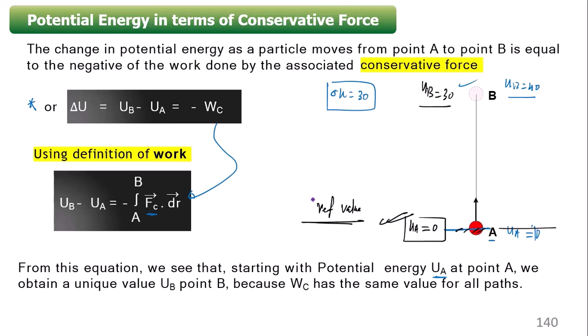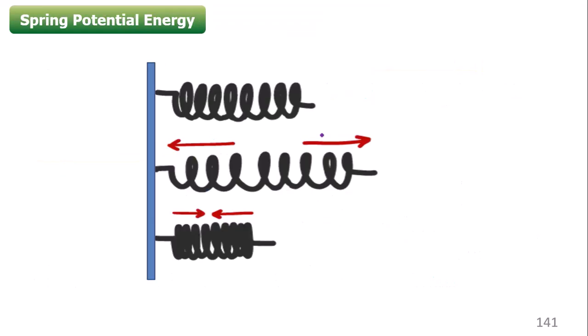If I move upward, then UB is positive. So from the ground, if I am moving upward, then UB will increase. Potential will increase. If I move downward, then the potential will decrease. And if you remain on the same point, that means on this ground, there is no change in potential. So we can understand that the change in potential is basically mgh. Depending on how much change there is, that change is either positive or negative, depending on what direction I am moving from the reference point.